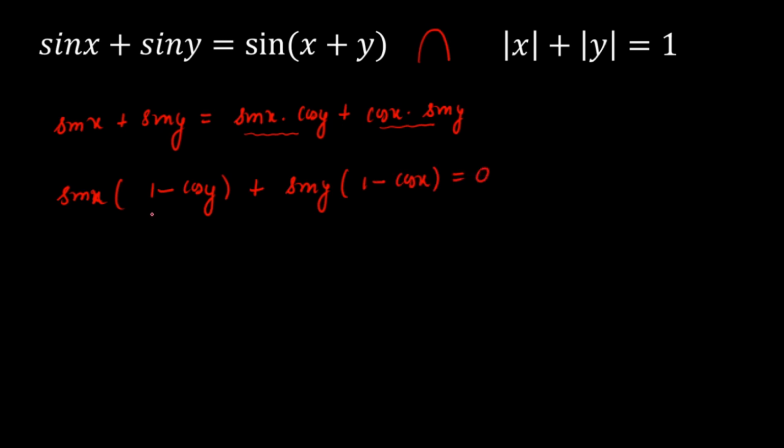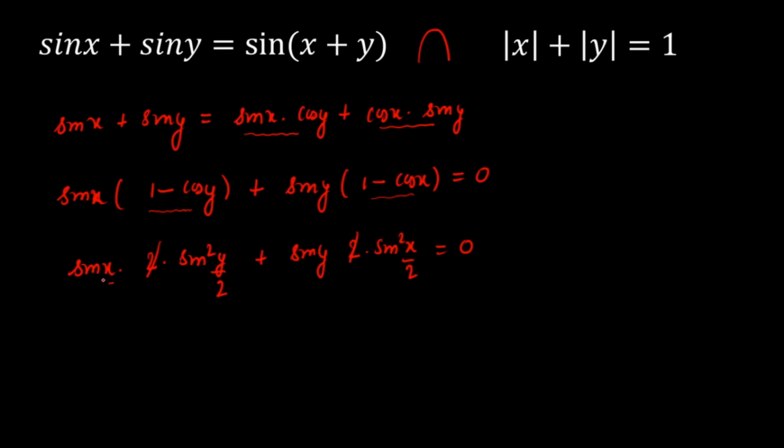Now the best thing I can do here is further onwards, I can convert this into half angle formula. So let's write sin of x as it is. Now here I'll be writing cos of y as 1 minus 2 sin square y by 2. Then 1 and 1 will cancel out. I'll get this as 2 sin square y by 2 plus sin of y as it is. Again I'll go towards half angle formula, that is 2 sin square x by 2 is equal to 0. Now as you can see, 2 and 2 will cancel out. Now I can see here the angle is x here and angle is x by 2 here. Similarly, angle is y here and angle is y by 2 here and y here.